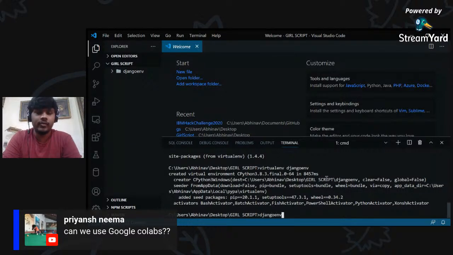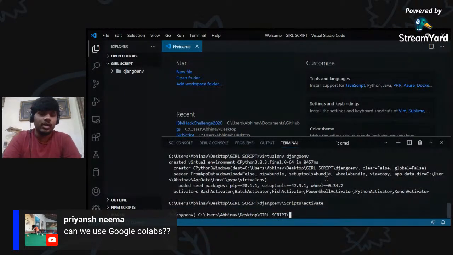After you do that, I suggest you activate the environment by using the command in Windows, which is django_environment/Scripts/activate. Once your environment is activated, now we'll install all the needed packages to it. The first and the most important would be